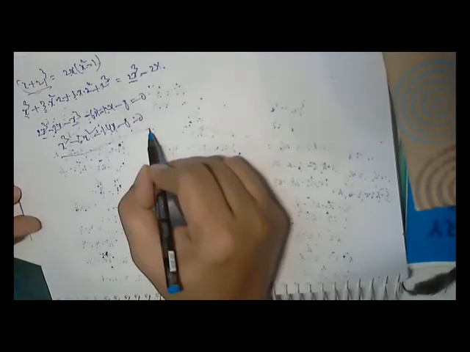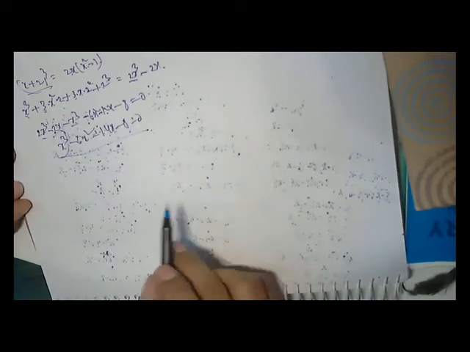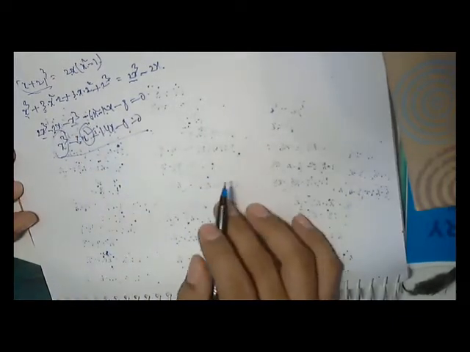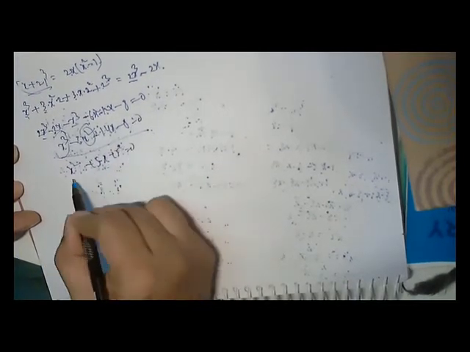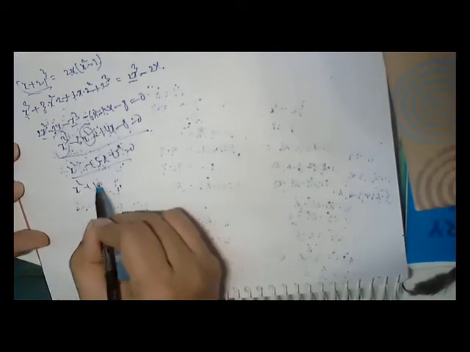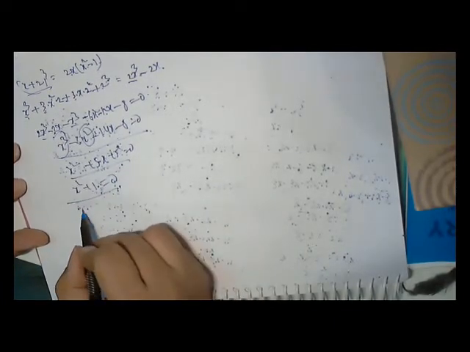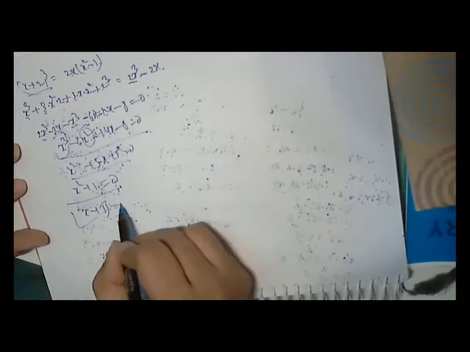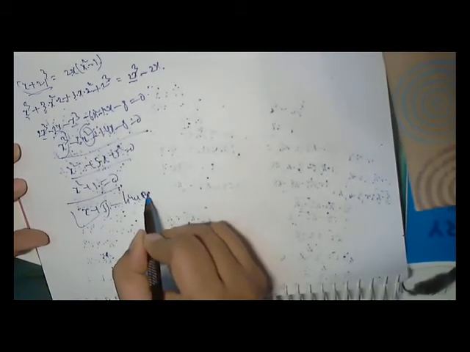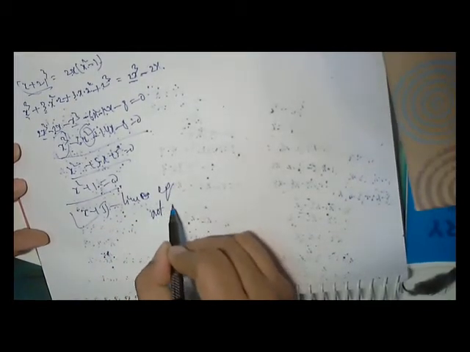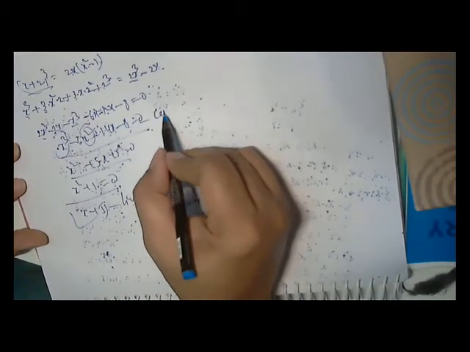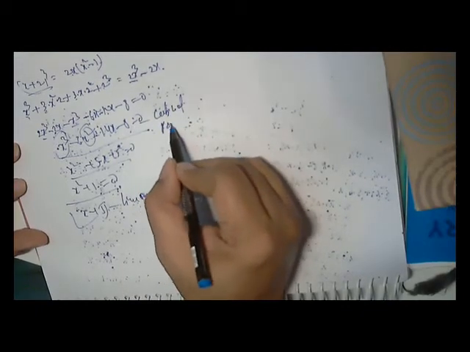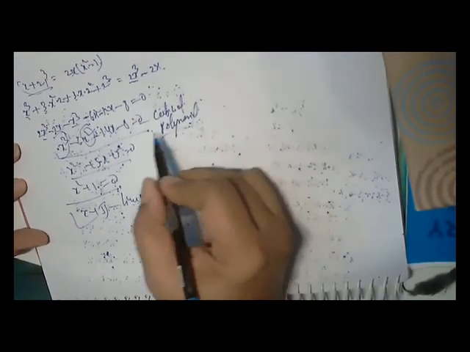So is this a quadratic equation? No, because the third degree is there. Quadratic means only second degree, not more than second degree. x squared plus 5x plus 5 is a quadratic equation. x squared plus 1 equals 0 is a quadratic equation. x plus 5 is a linear equation, not quadratic. Okay, so here x cube makes it a cubic polynomial. So it is not a quadratic equation.